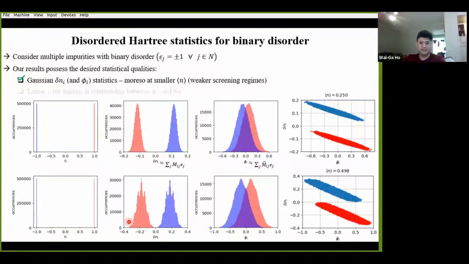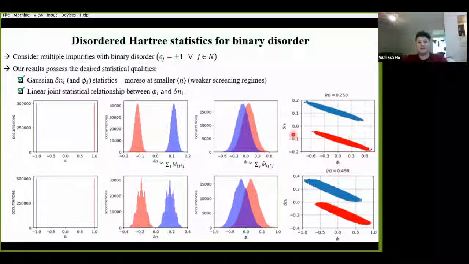And in addition to this, what we also wanted to recover were those linear QV curves for the joint charge transfer and Madelung field statistics. Well, if we look at our analogous phi I, delta n I joint statistics, we see that this is reproduced in our theory pretty well. And so part of the job is done. We have a simple theory that reproduces the right qualitative statistics that we want to study. Now, the remainder of the talk can be dedicated towards determining what governs these statistics and how we can develop a simple way to describe some of their basic features.